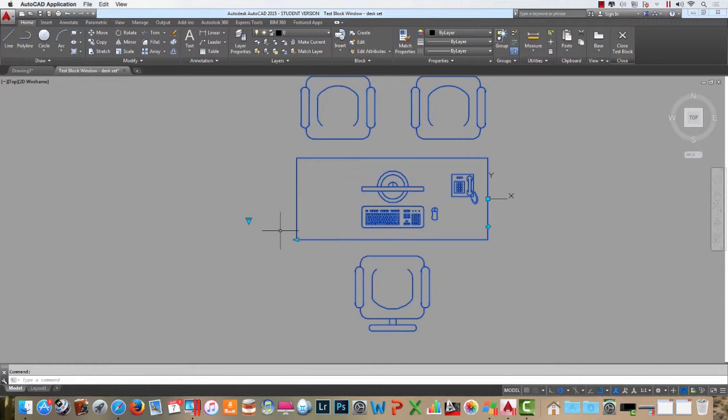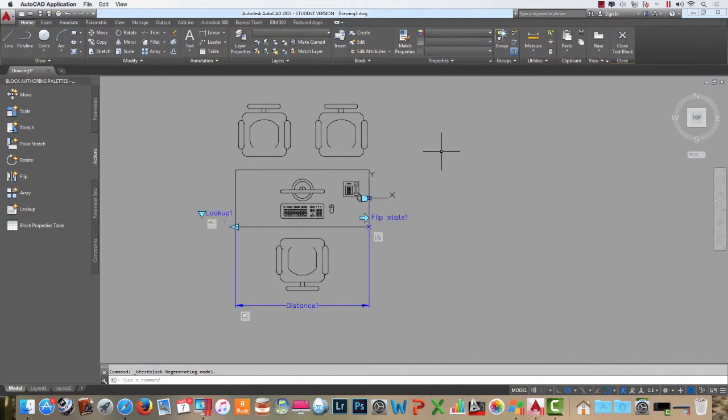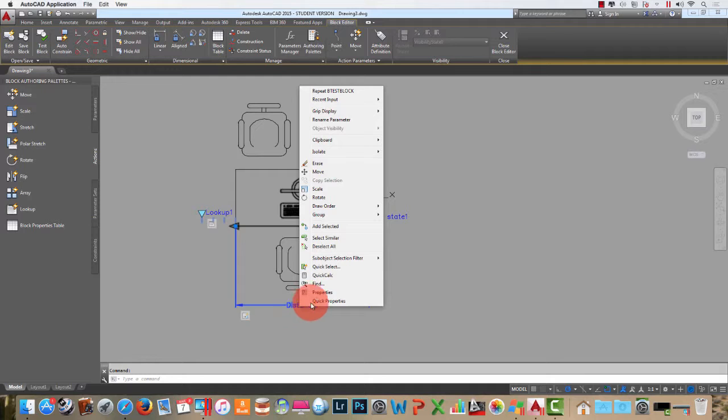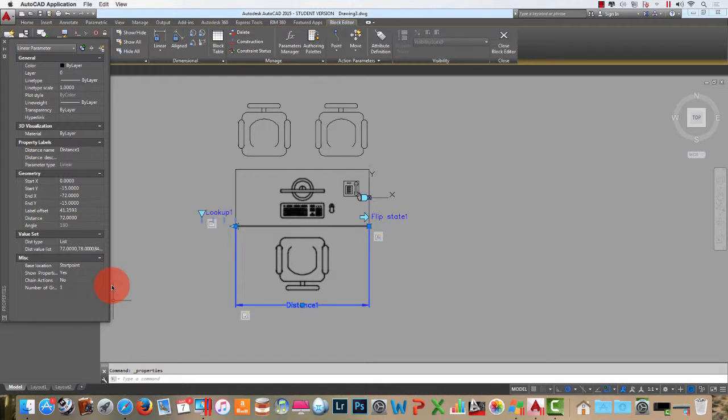But now we have some sort of redundancy. We have this button right here, which is doing basically the same thing that this is doing. So you don't need both of these. So we're going to end up turning this one off at this point. So we'll close the test block here, and in order to turn this off in here, we're going to basically click on this and right click and go back into the properties, and number of grips, we're going to set it to 0. And by doing that, we get rid of both sides now,